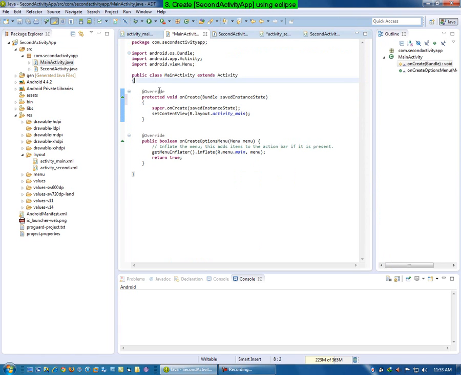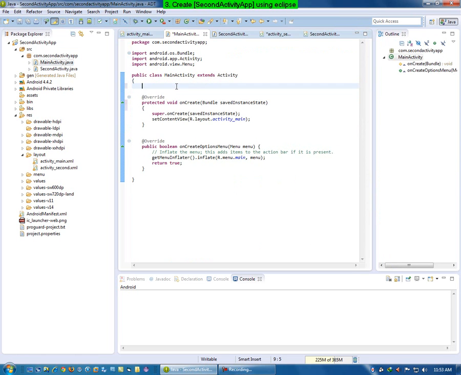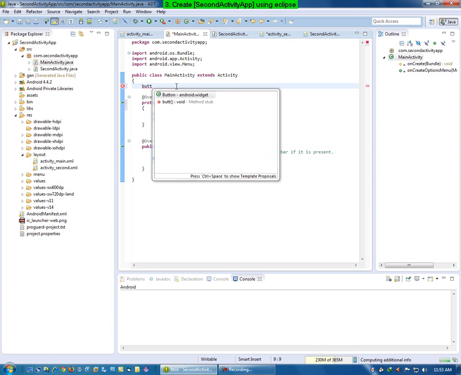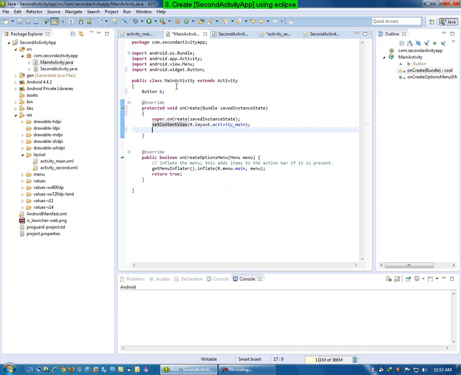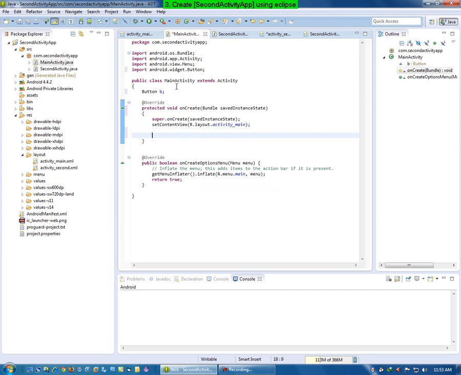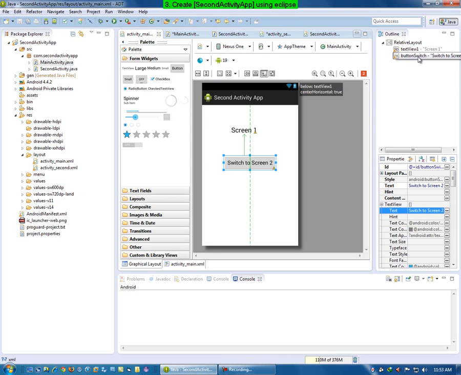Let's refer to this button with variable b, Button, control spacebar to complete it, b, then go to this part, type, let's link this button b with the actual button, which is button switch,